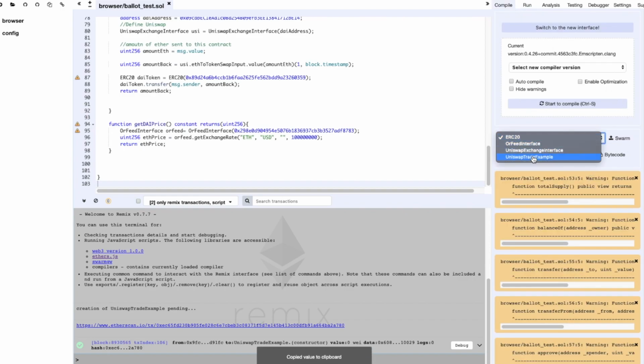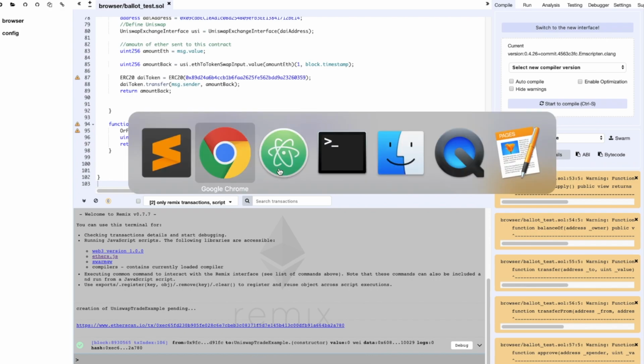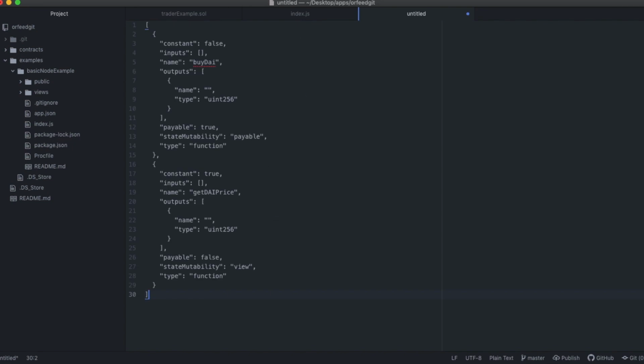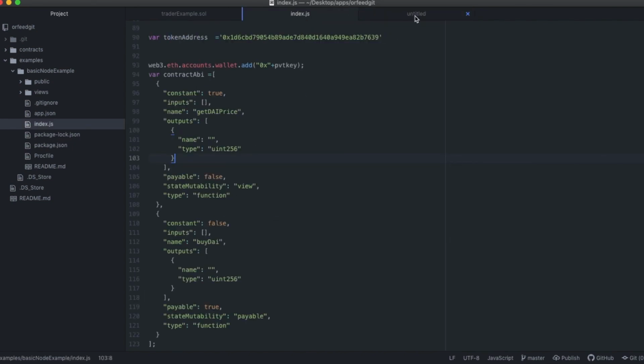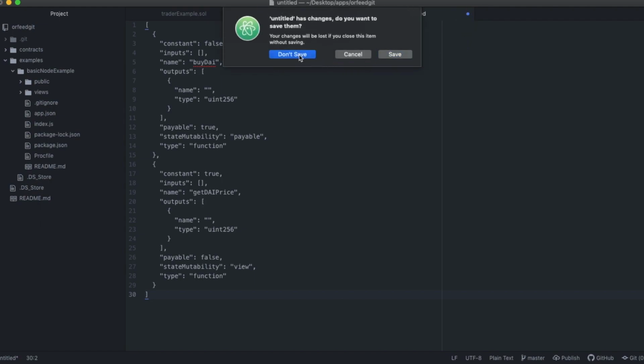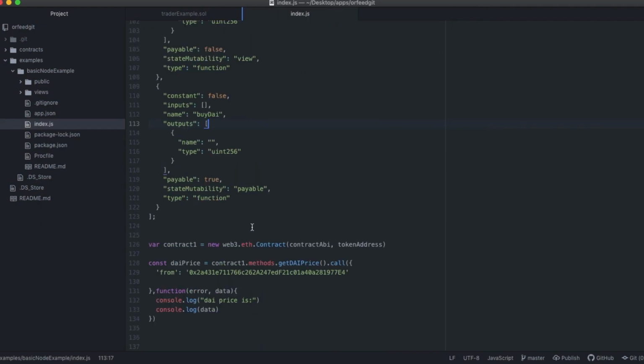If I click on OrFeed trade example, ABI, and then paste that in, it'll be the same thing that you see here. So new file, paste, yep, this and that are the same. Okay, great. Don't save. Okay, so that's what ABI is.